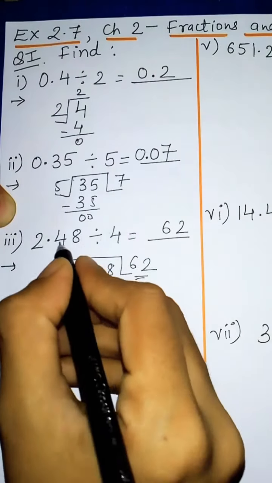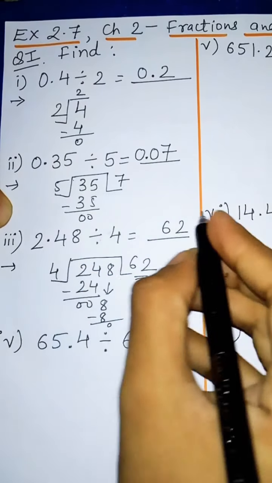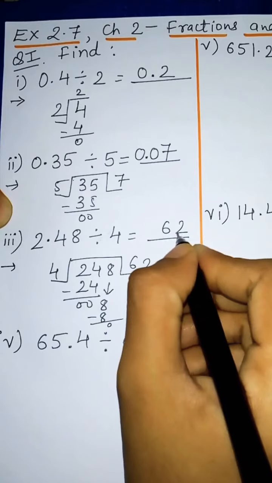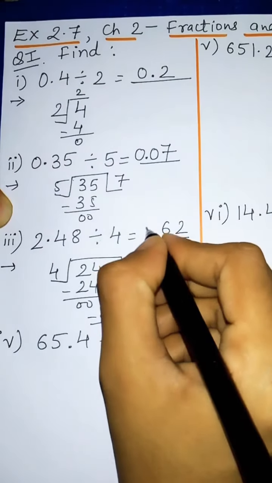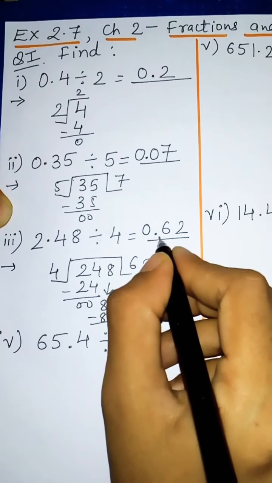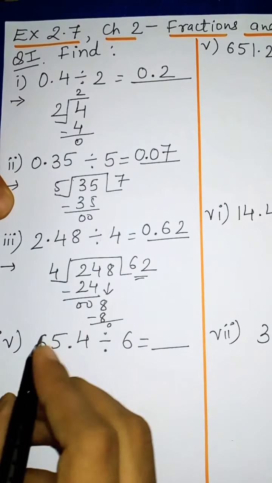Now in the question the point is after 2 digits. Okay, after 2 digits the point is there. So in the answer also after 2 digits we will keep the point. So 1 digit and second digit. So here we will keep the point. So our answer is 0.62. So this is our answer. Now the fourth one,